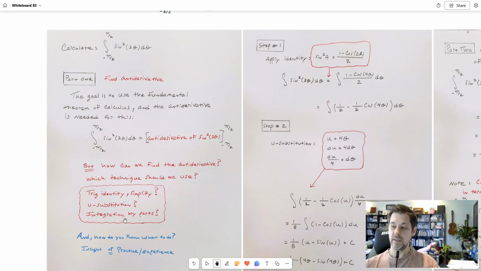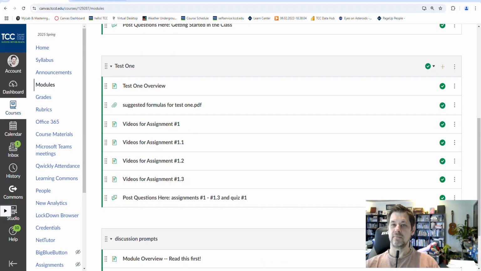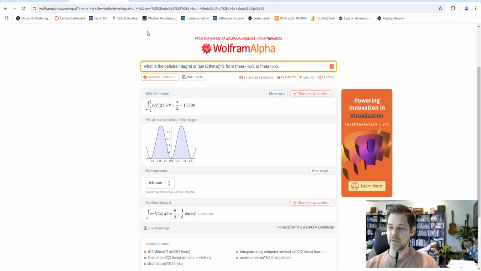There are formula tables, and let's not forget that there are so many ways that you could just use technology of one form or another to answer it. So here I went to Wolfram Alpha, and I'm not saying this is the only way to do it, but I just typed in what is the definite integral of sine of 2 theta squared from theta's negative pi over 2 to pi over 2. I typed it in, it gave me the answer right away, exact form and rounded, and it also gave me just what the antiderivative is. So, I mean, you could do that,